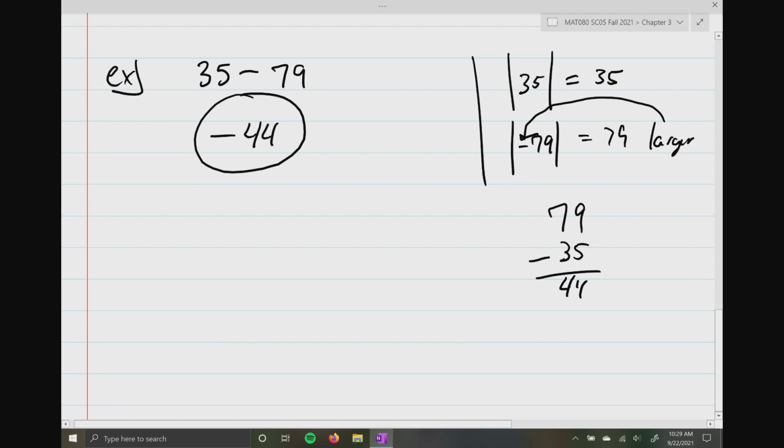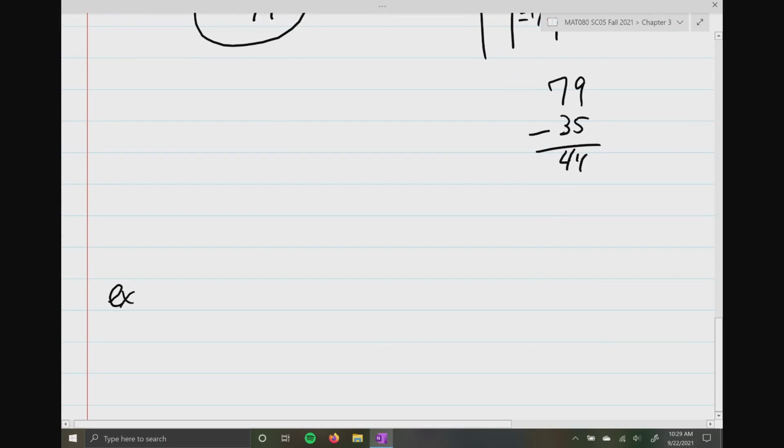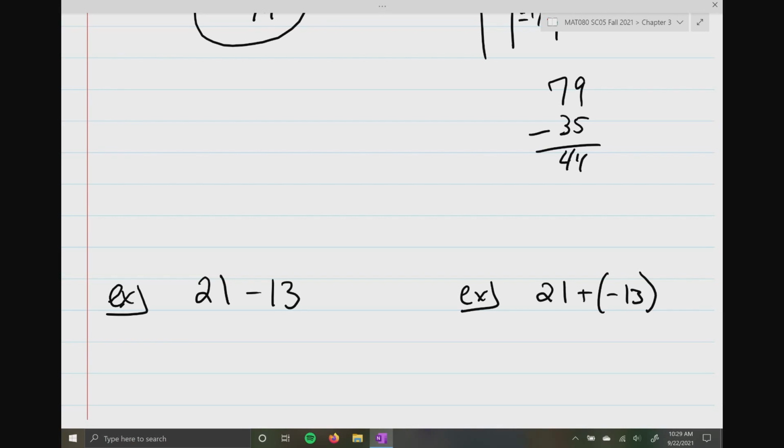Now, the only way that I can try to trip you up here is by trying to write the problem in a clever way. So what I mean by that is this. Here's two examples. All right, on the left side, we have 21 minus 13. Very straightforward. On the right-hand side, we have 21 plus negative 13. But if you just take your time, you take a deep breath, and you read the problem,